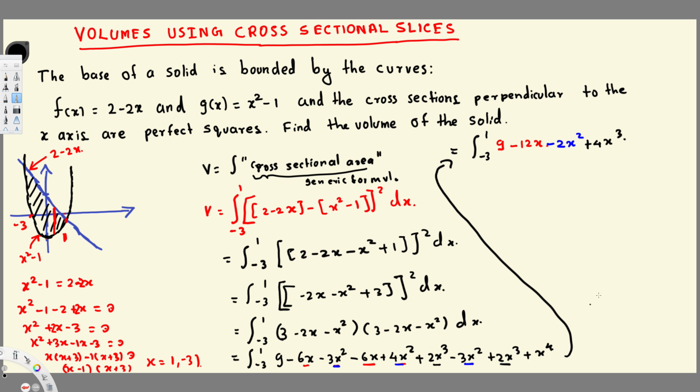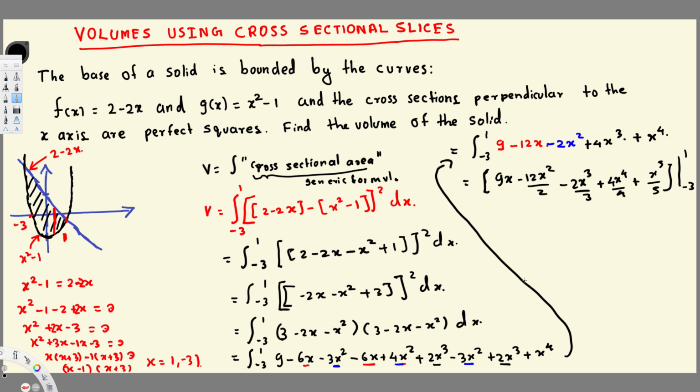we have an x power 4. So this is going to be the final product, right? Now we can integrate this one. Can we simplify this one furthermore? No way. So let's integrate this one. Here we are going to have 9x minus 12x square divided by 2 minus 2x cubed divided by 3 plus 4x power 4 divided by 4 plus x power 5 divided by 5, and that's going from negative 3 to